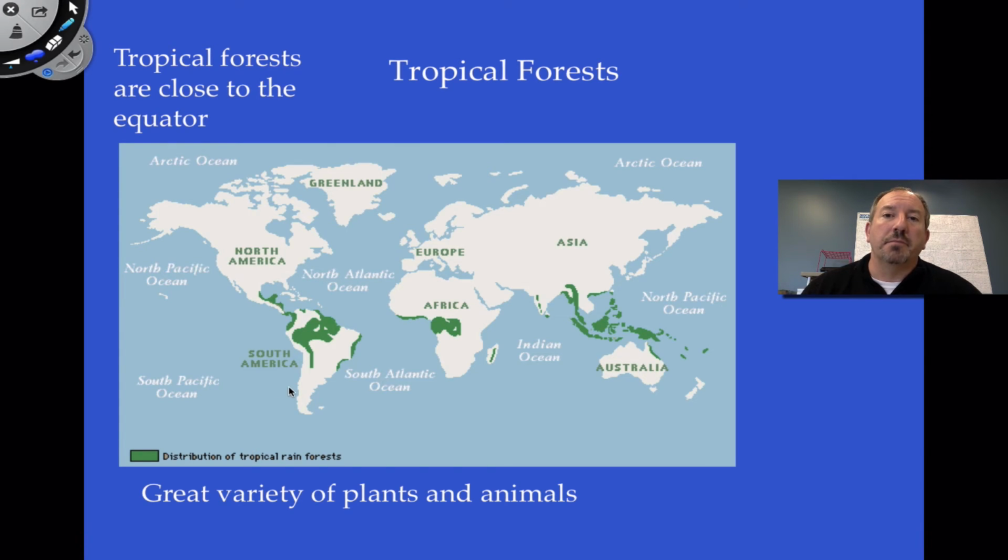But more importantly, the most important factor in the tropical forests of our Earth is that they are treasure chests of biodiversity. In other words, a good third of all species on the planet Earth are found in the tropical rainforest. And so we are obligated to maintain those forests to maintain biodiversity. It's the main goal of conservation biology, to maintain diversity. So they house a tremendous variation of plants and animals.